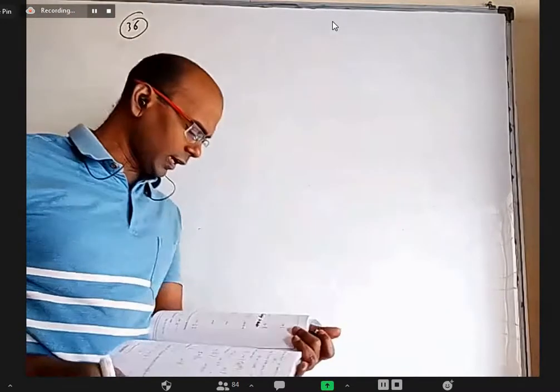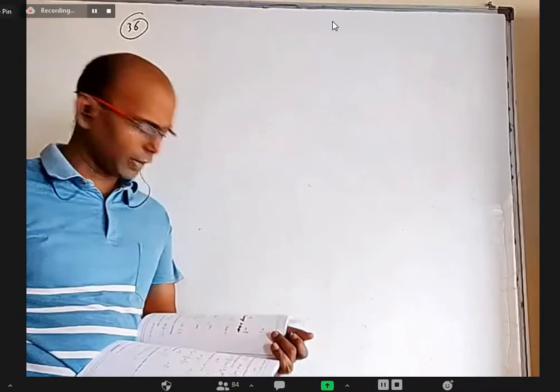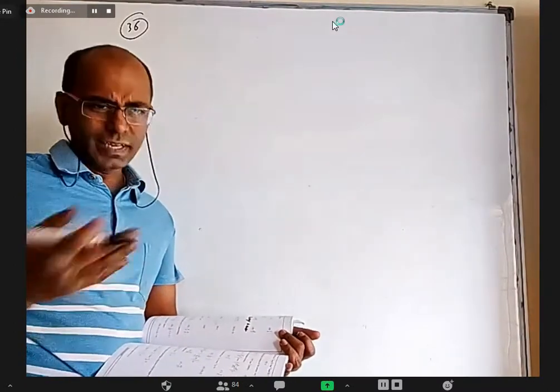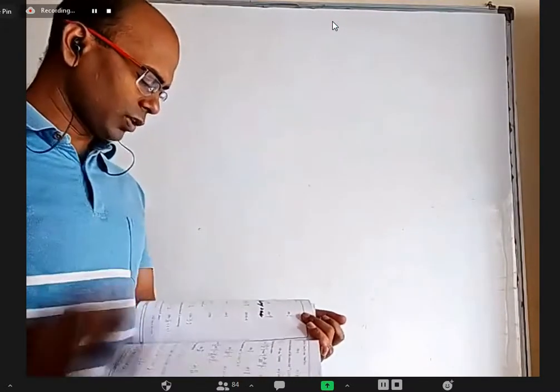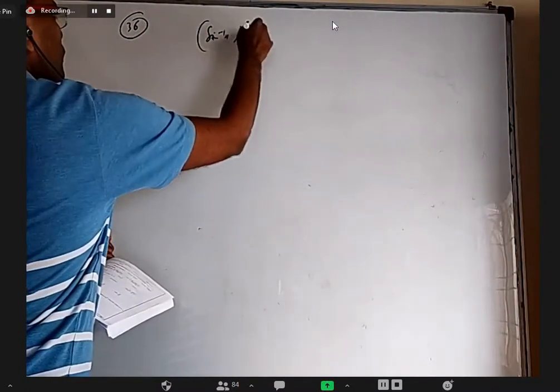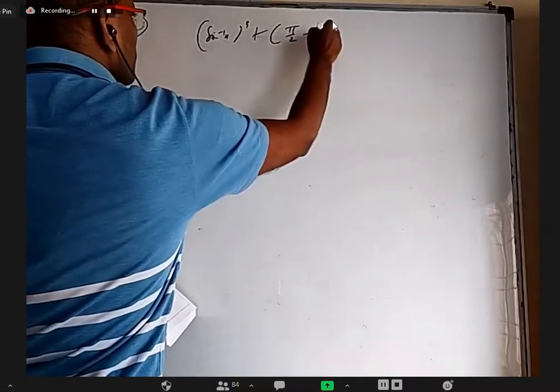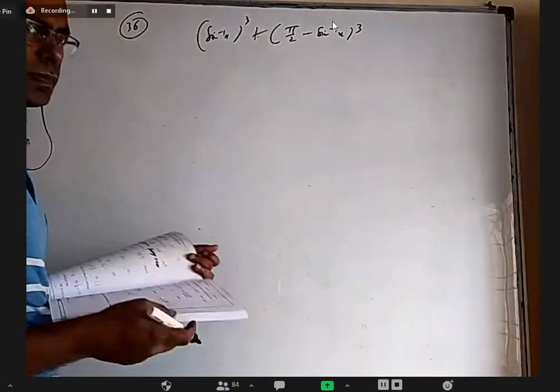Okay, 36. I can use the a cube plus b cube formula as a plus b whole cube minus 3ab into a plus b, or a plus b into a square plus b square minus ab. Anyway I have to convert into a quadratic equation either in terms of sin inverse or cos inverse. So directly I am going to simply write cos inverse x as pi by 2 minus sin inverse x, and just expand normally.